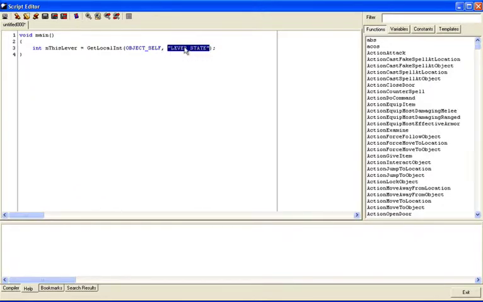If it's 0, the lever's not activated. If it's 1, it's activated. Since we started these in the initial state, they should start out at 0. So we'll test it in the code: if n_this_lever is equal to 1,